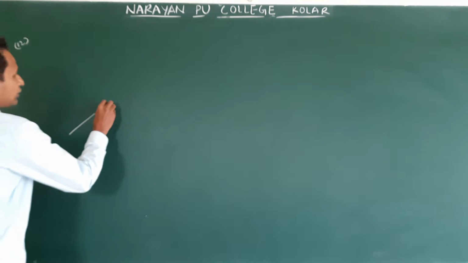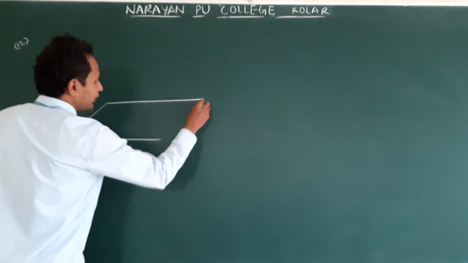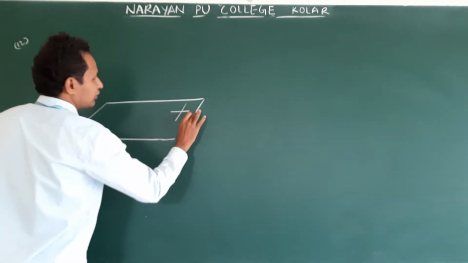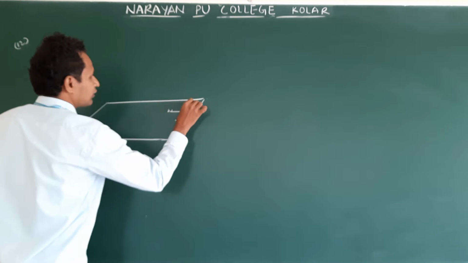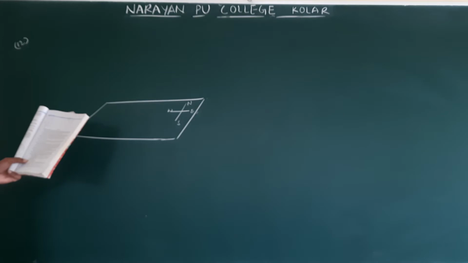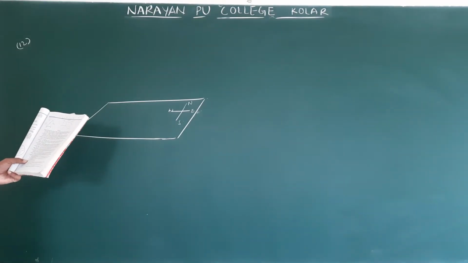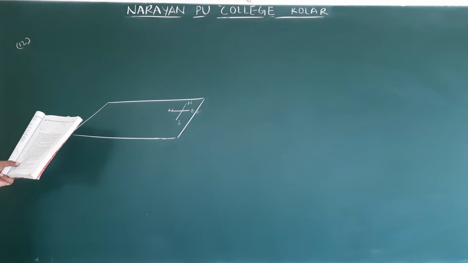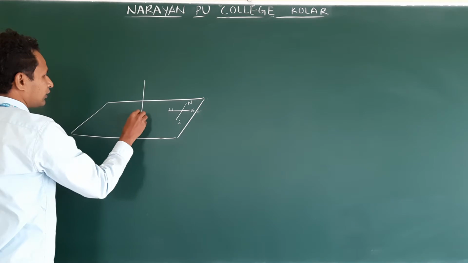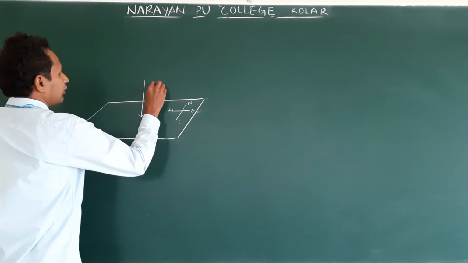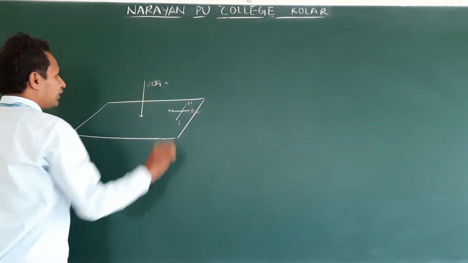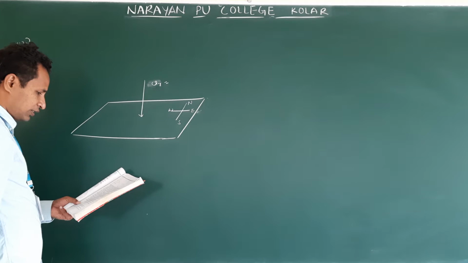Now just take the plane. To understand, I am taking this plane. So this is east, west, north, south, and now rain is falling vertically down, of course, with the speed of 30 meters per second. So this is the rain, velocity of rain is given as VR, 30 meters per second.